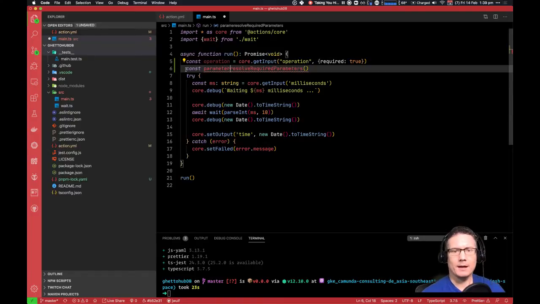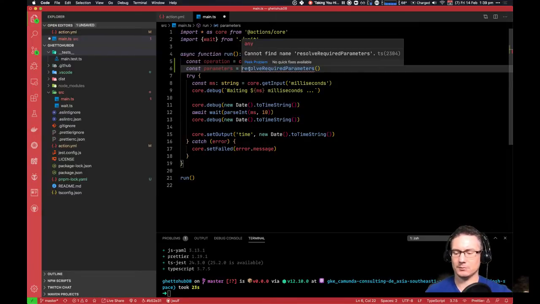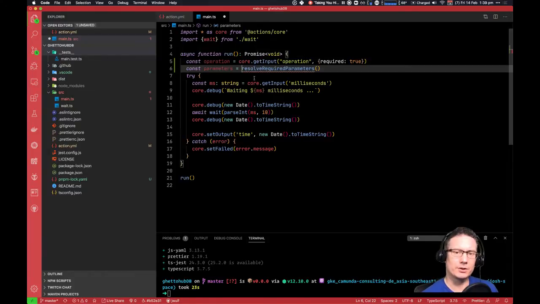So we'll say parameters equals. Okay, I need this to return two things. I need it to return either a failure state, like there's not required configuration. Here we go. There's not required configuration, in which case we're going to have to bail. So we should set failed at this point and return. So if it fails,